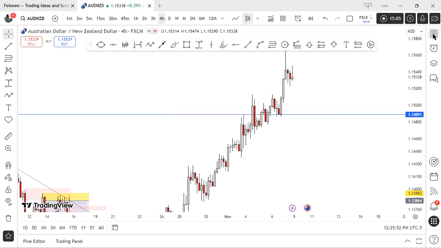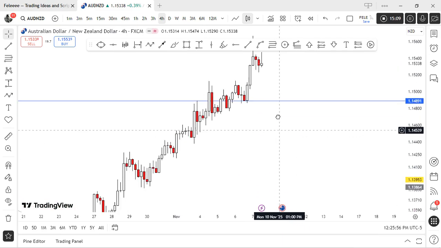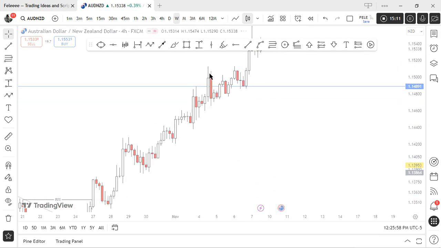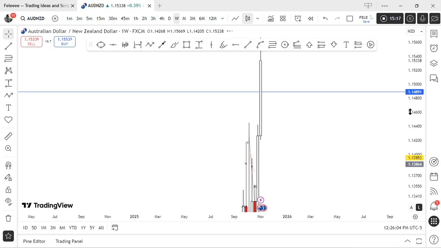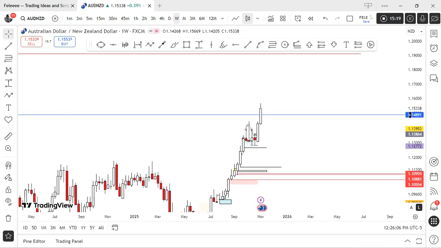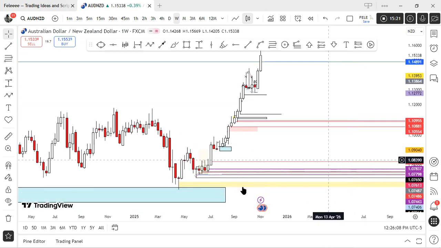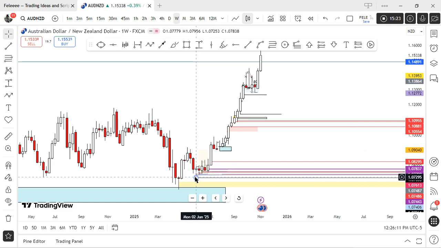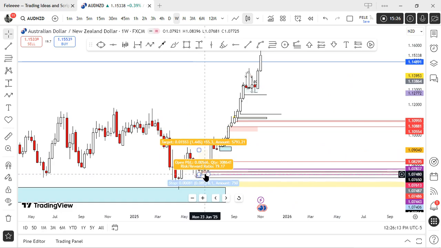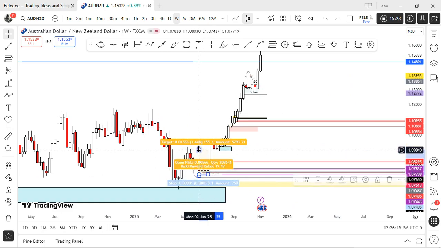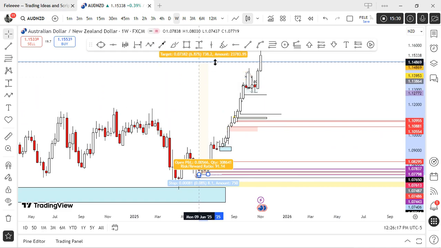So this is AUDNZD. This price has been ranging in a more bullish move since back then. I had this analysis back then since September, and since we were here in May, I took this buy trade, and see where it is now, over 700 pips. So yeah,